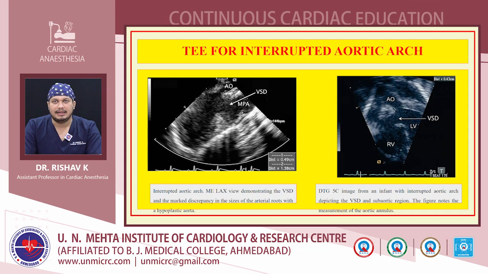There is a marked discrepancy in the sizes of the arterial roots along with a hypoplastic aorta. Also, on the right side of the slide, there is a deep transgastric five-chamber image from an infant with IAA depicting the VSD in the subaortic region, and the aortic annulus is also being measured in this slide, around 4.3